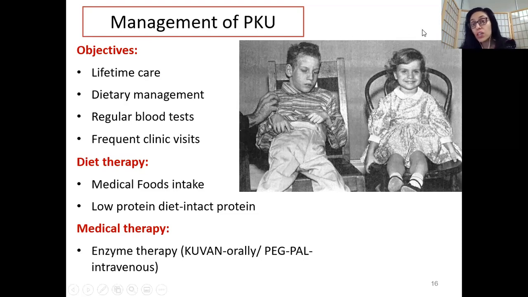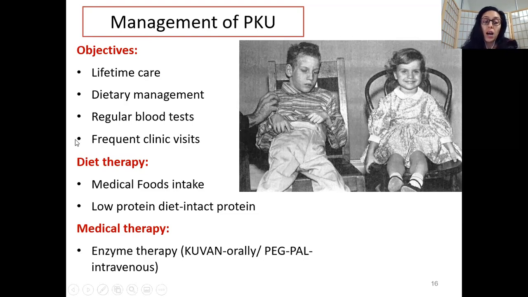And you see the sister over here, she actually has PKU. But you see she is not suffering from PKU because PKU in this child is managed well. With good dietary management, with good clinical management, these children can have excellent quality of life throughout life, not just during their childhood. Just like with type 1 diabetes or any other chronic health disorder, they can have excellent quality of life if they are given good management. So you see the difference over here.